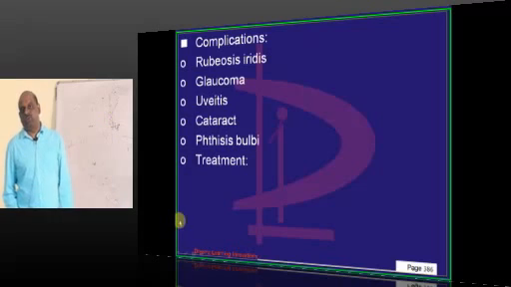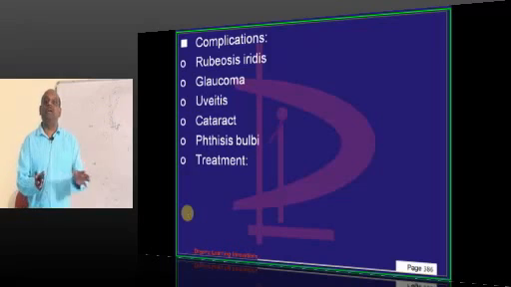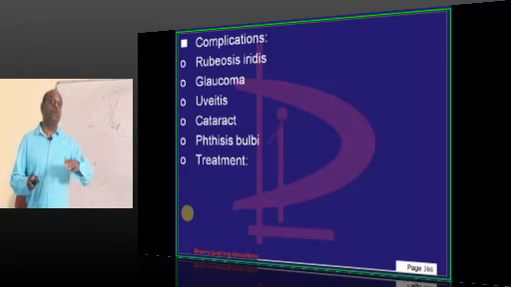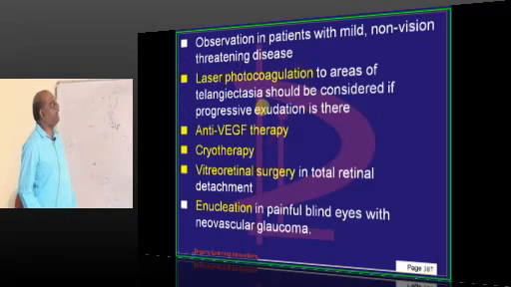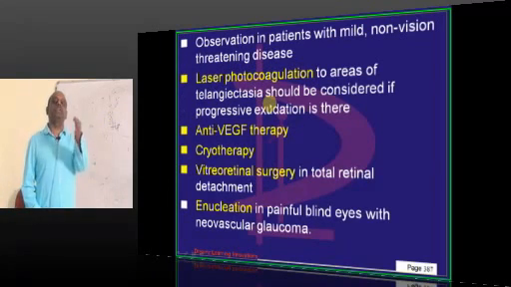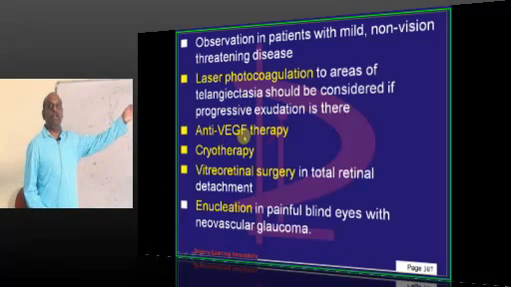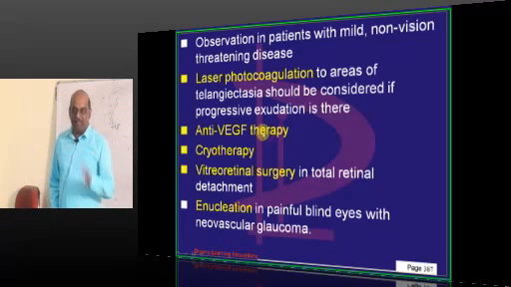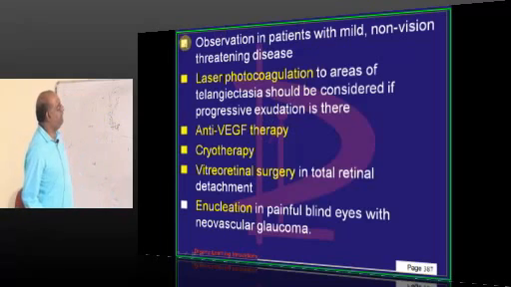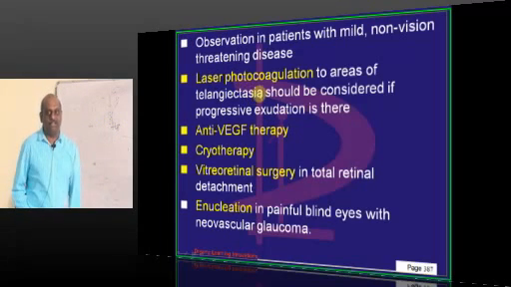What complications can occur because of Coats disease and telangiectasias? Those telangiectasias lead to hypoxia, hypoxia leads to neovascularization, neovascularization leads to rubeosis iridis and neovascular glaucoma, uveitis, cataract, phthisis bulbi, anything can happen. So how do you treat? Classical question in the entrance exam. Anti-vascular endothelial growth factor antibodies, monoclonal antibodies. Anti-VEGF therapy is given for Coats disease because we want to kill these telangiectasias. So we give anti-VEGF, laser photocoagulation for all that neovascularization,